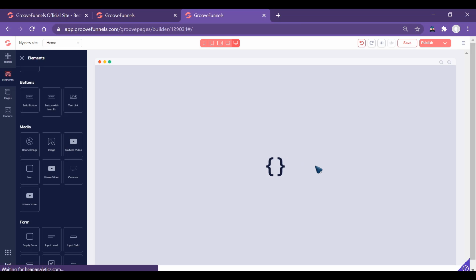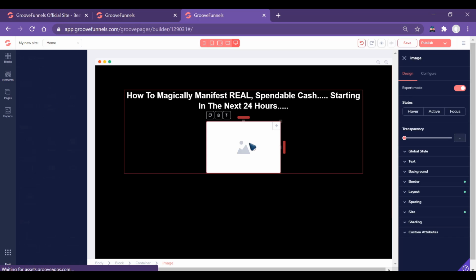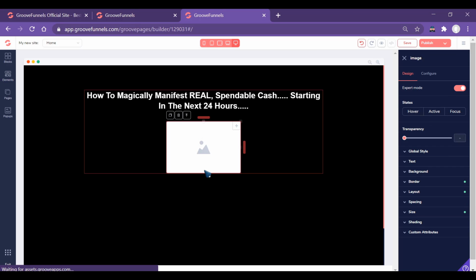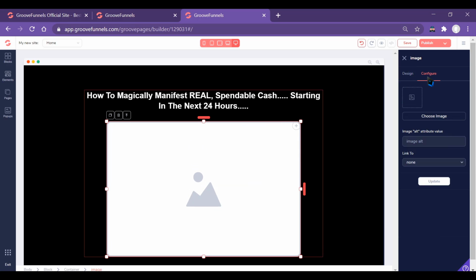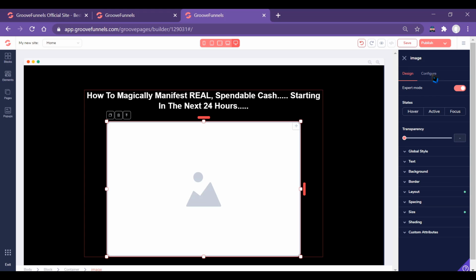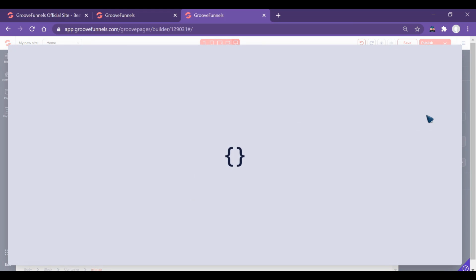We pick the image block, and with this image block we can resize it. It's very simple. You can resize it, go to configure, choose photo images, and then there are some images that I uploaded before.